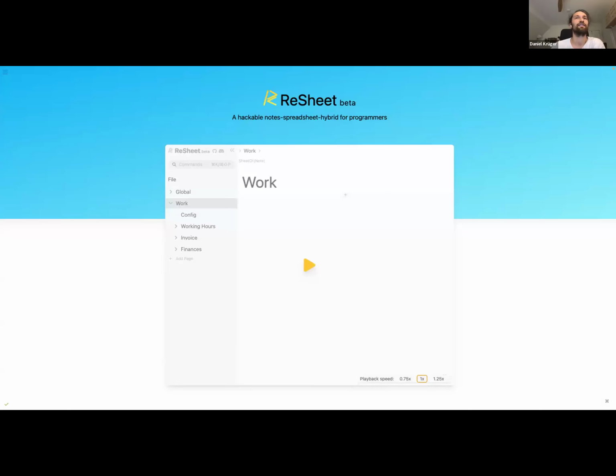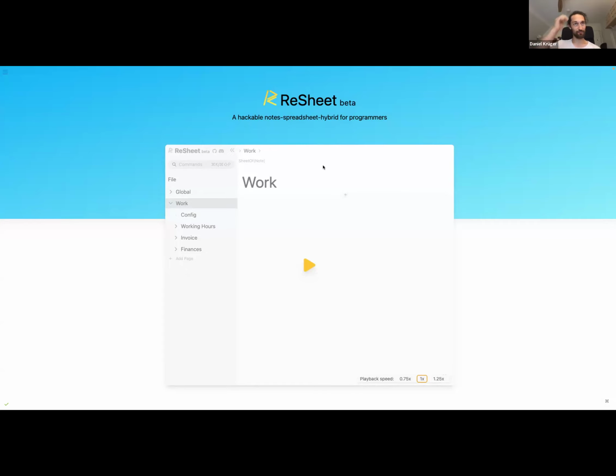And we have a mysterious gray rectangle that started screen sharing. Okay, there we go. We see Resheet data. Nice. Should we be seeing your mouse cursor? Yes, we do see your mouse cursor. Great, cool. So go right ahead.